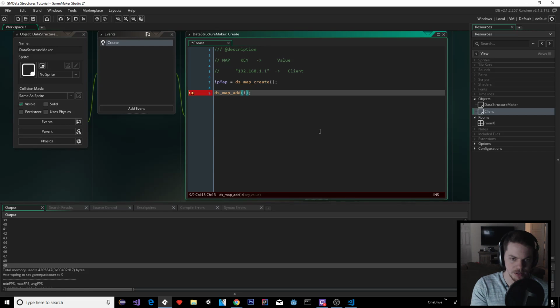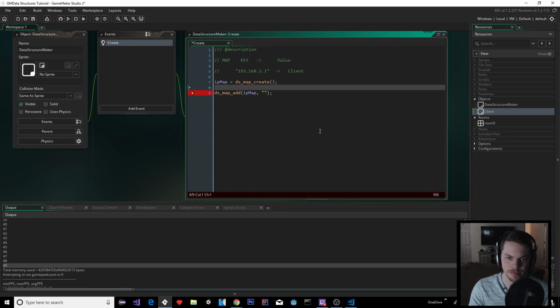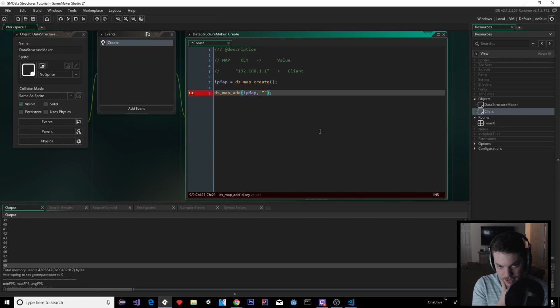And we give it, hey, we want to add to the IP map. What is the key we want to add? So let's say we were doing networking. Let's say this is called the received IP, basically the IP address that we just got from a message that we received. This variable doesn't exist in this case, but this is just an example. And let's go ahead and set that. Received IP equals